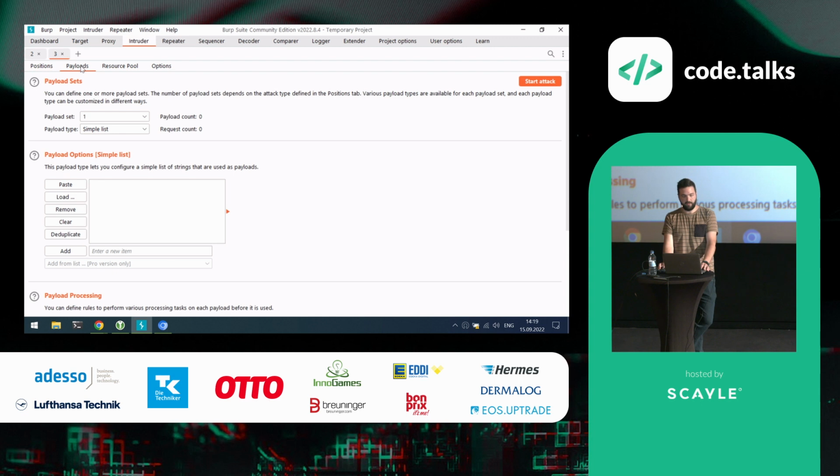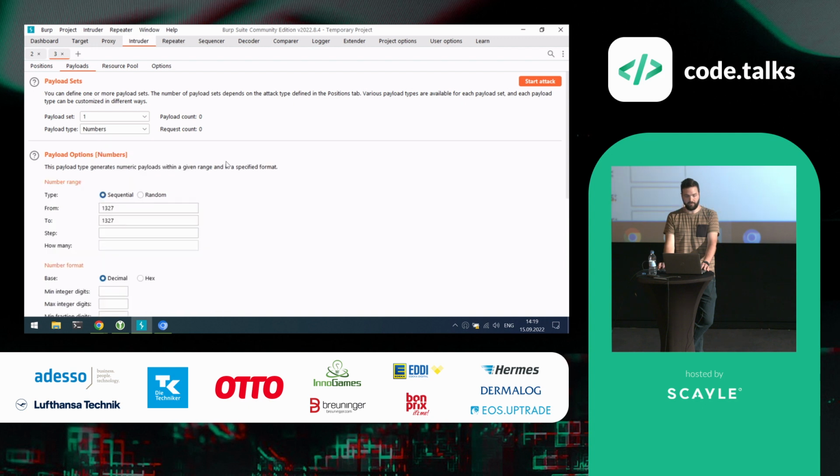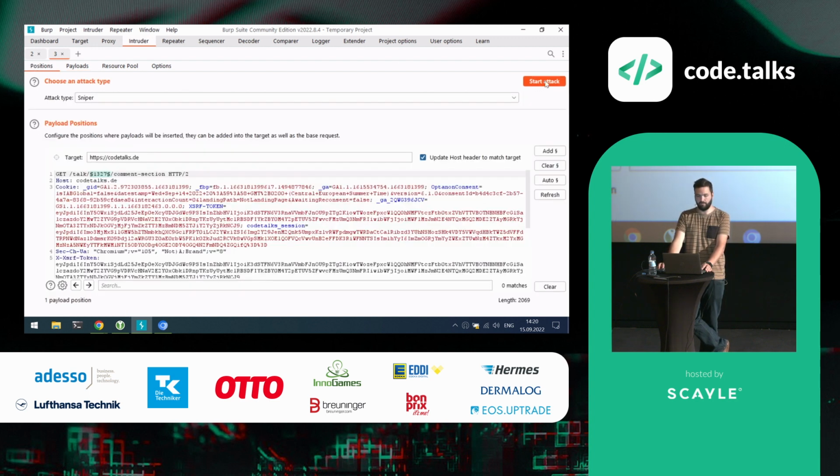And then we can go to payloads and select the payload type numbers. And then let's try maybe all talks from 1000 to 1500 with a step of 1. So this, when we click start attack now,